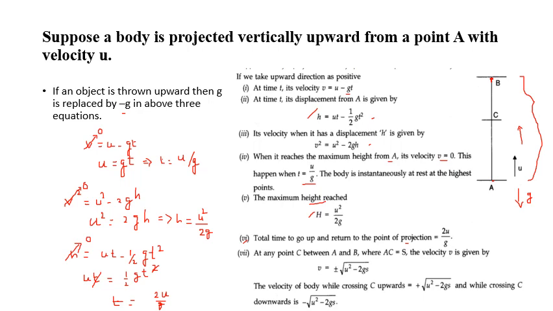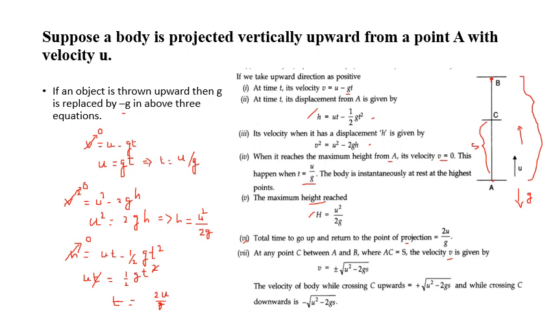And look at the seventh equation. At point C, somewhere in the middle of the travel, between point A and B, where AC equal to S, from point A to C. If you take this distance as S, what will be the velocity? From the third equation, it won't be 0, right? It's somewhere in the middle of the travel, so your final velocity won't be 0. At the maximum height, for a small instant of time, your final velocity will be 0, but it won't be 0 in the middle of the travel.